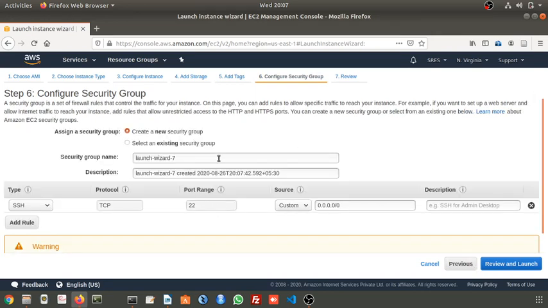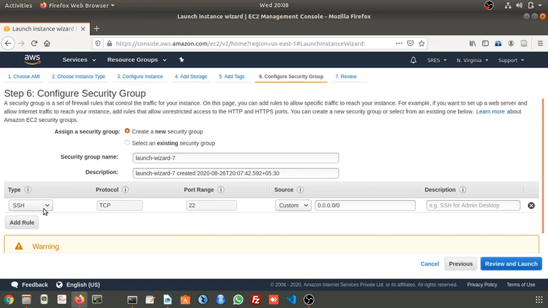This is very important. This security group plays a major role while sending traffic from your virtual server to the outside network. Similarly, to access traffic into the virtual server, this plays a major role. As we are going to connect from our local machine, we require this SSH, secure shell, so that we can access our virtual machine.